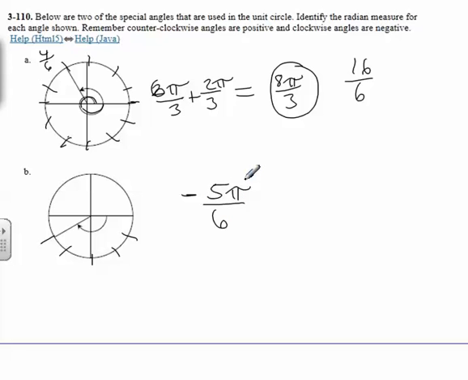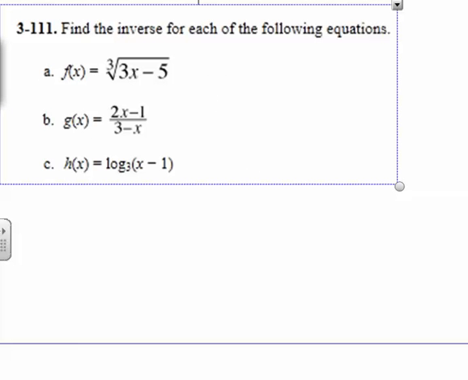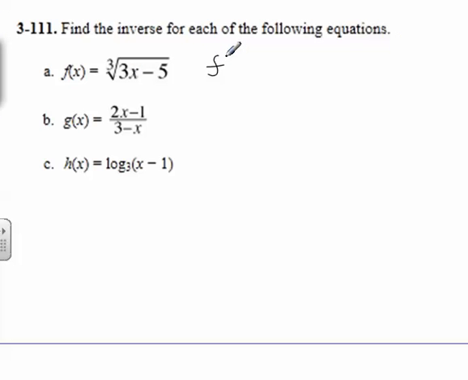Don't forget how to count those. Okay, so we need to find the inverse of each of these. Now this one, there's 2 different methods that we have to choose from. This one only has one x in it, so I'm just going to do my undo version in my head here. So I've got the inverse of f of x should be,